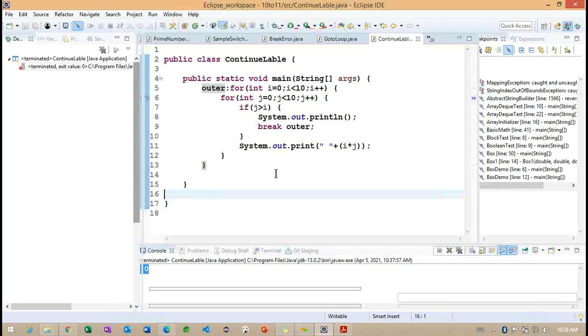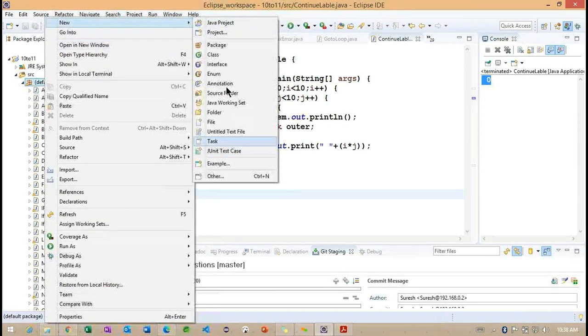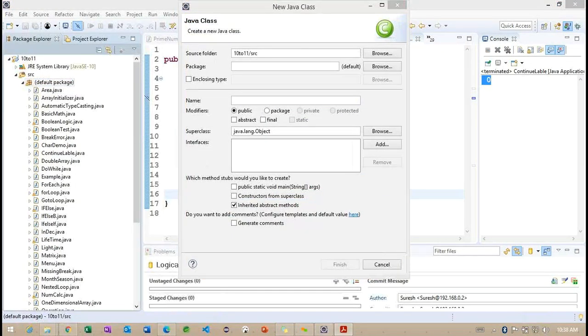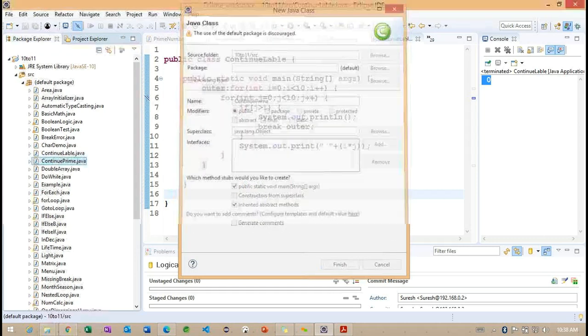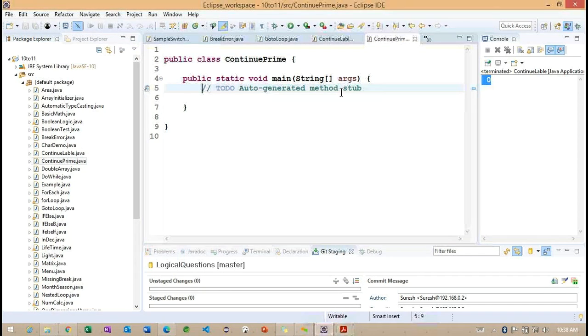And one more example we want to check here. Using the same logic we already implemented in the previous example, something called prime related logic here. Getting the point? So how can we work on the particular prime related logic here? So using continue, we want to check with continue prime here. Now you can understand here.